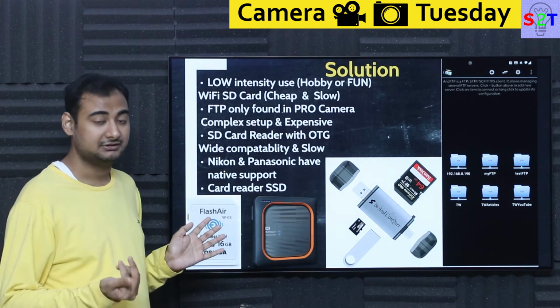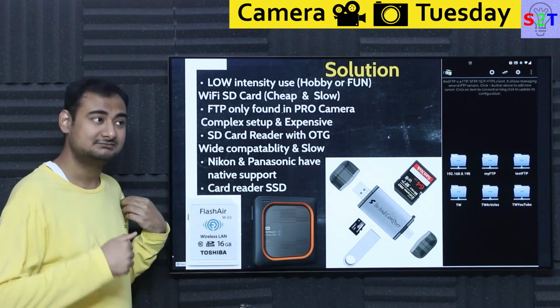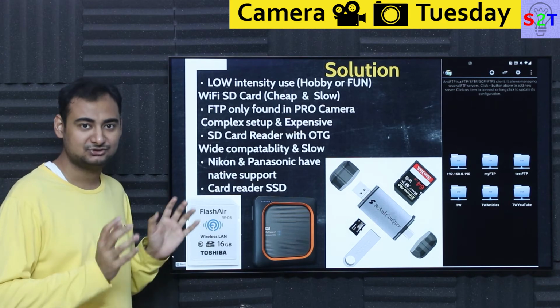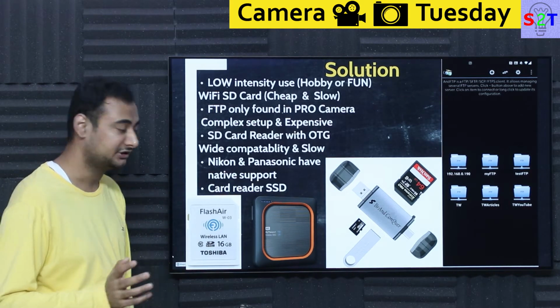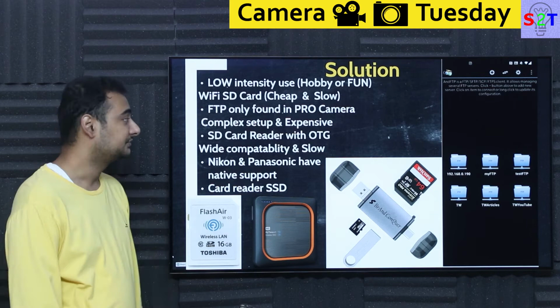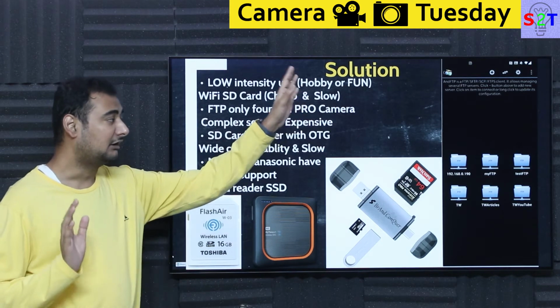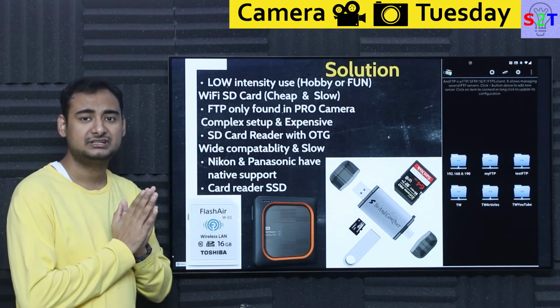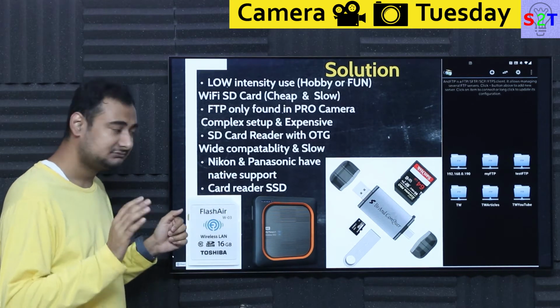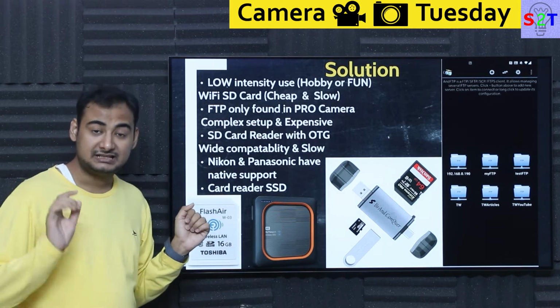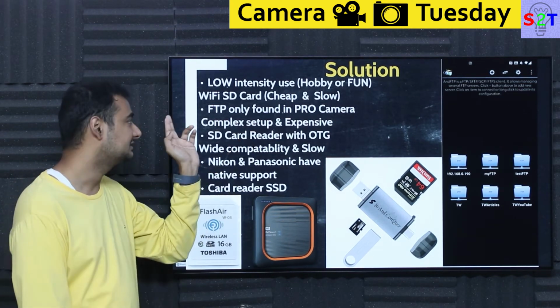So of course, if I want to do Milky Way photography, I can do it with this, but you get the point. This is not something I'm gonna do sports photography with, or long video recording with, because the card might crap out. So fundamentally speaking, this is just a fun hobby option, and the benefit is that all cameras are supported. So that's one option. Option number two, which is thankfully present in all the pro variants, is that you can